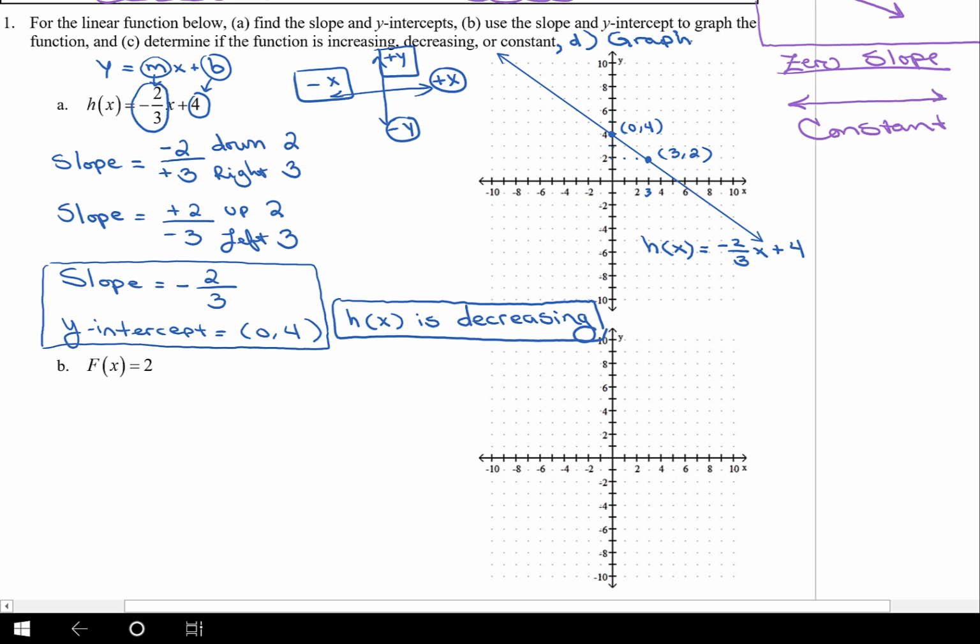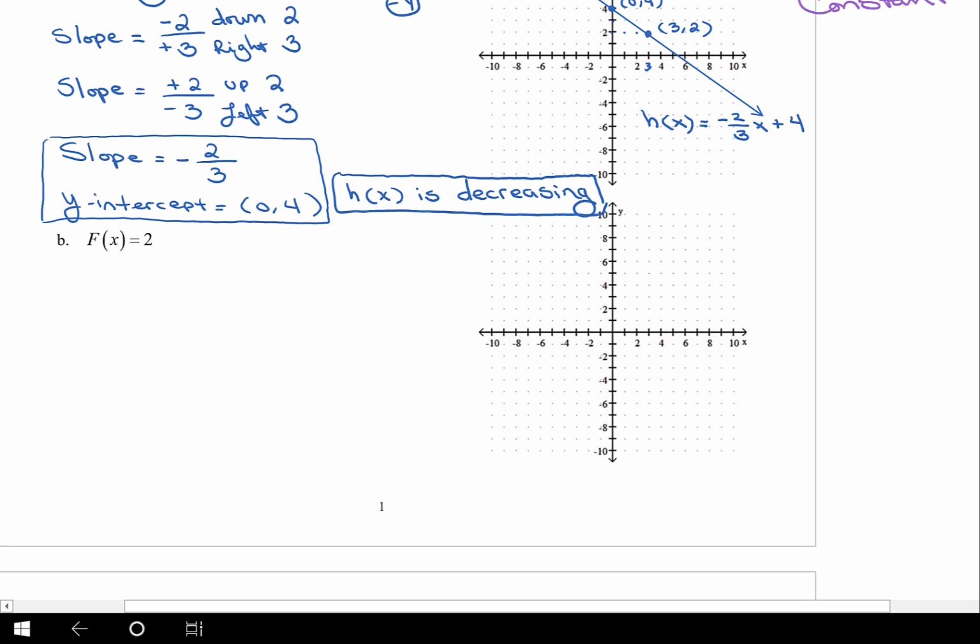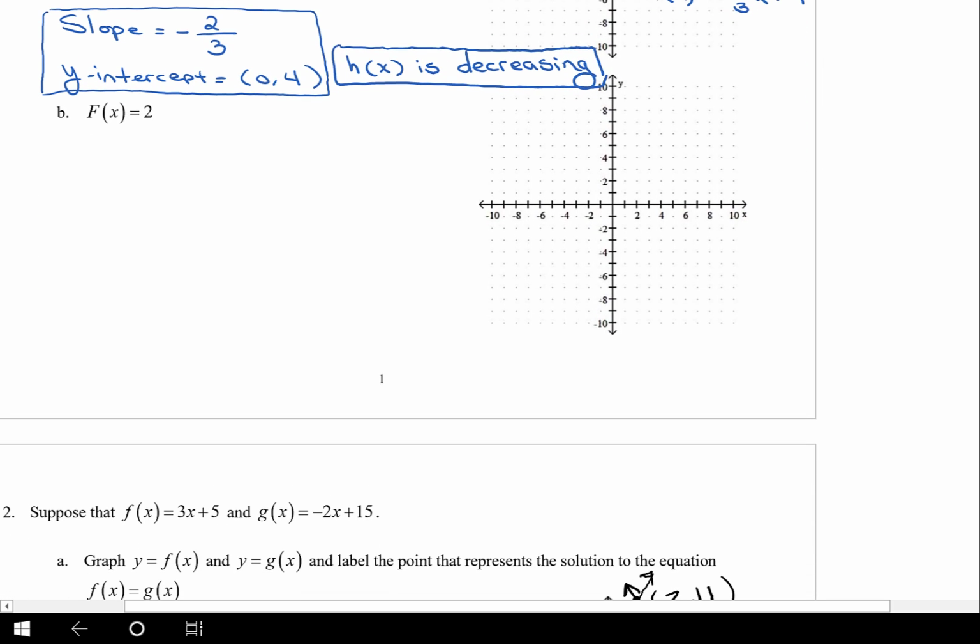I wrote this first before I narrated, and I wrote D graph because I didn't think it had graph in the directions. It wasn't until I was reading it out loud right now that I realized it did already say to graph in the directions. But that's okay. We could put in that D graph just for extra emphasis to make sure we graph these